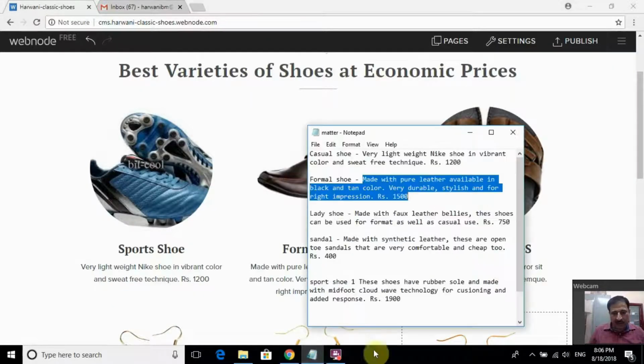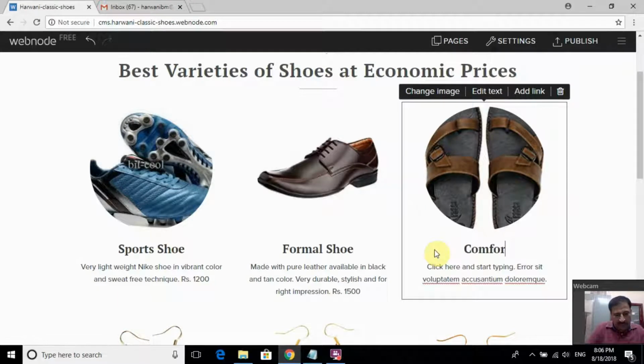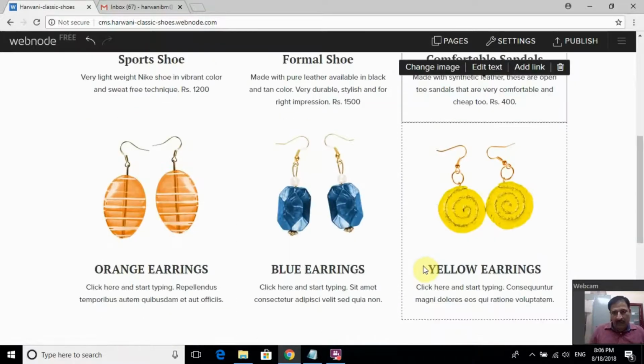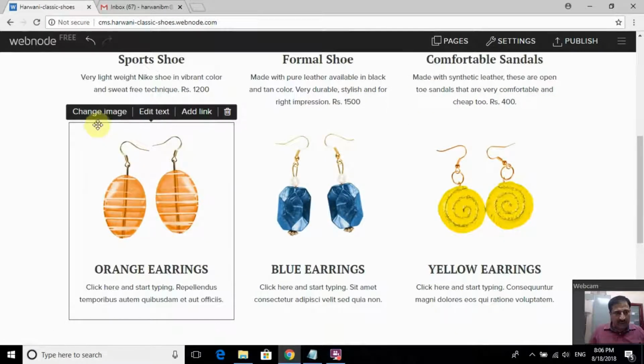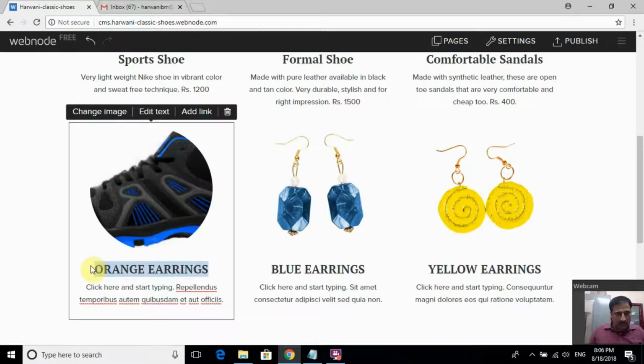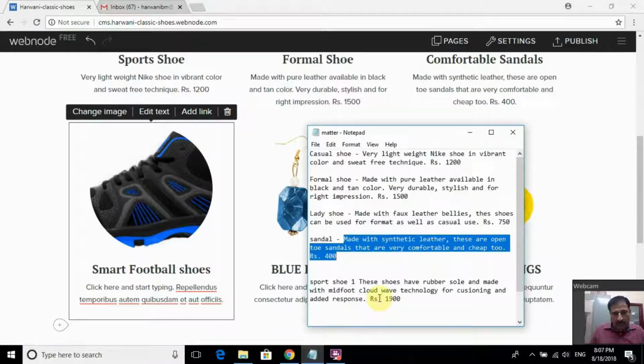And comfortable sandals, and I'll put this text over here. See, I can replace any number of it. See, change image, smart football shoes, and replace it, say,